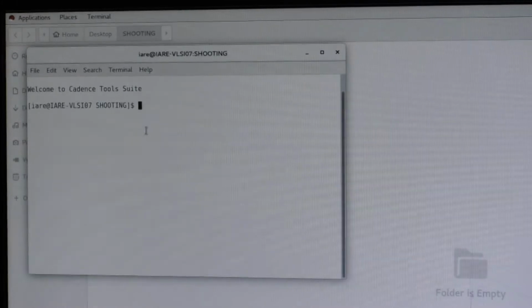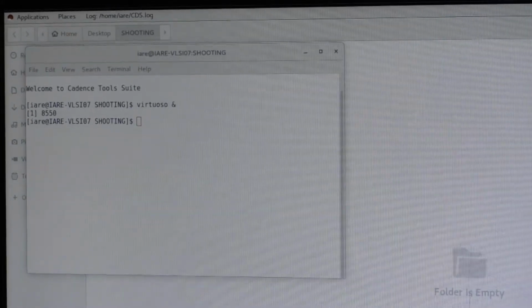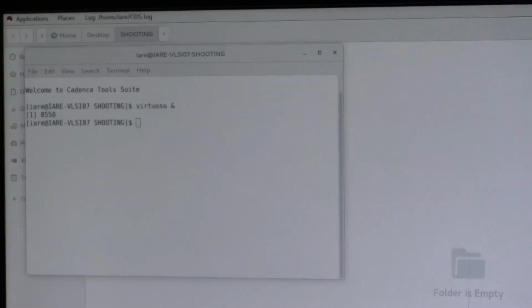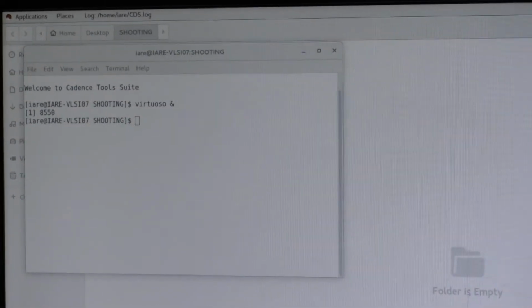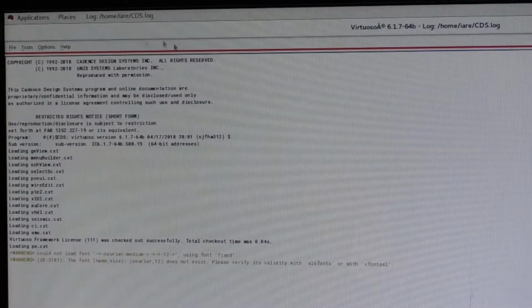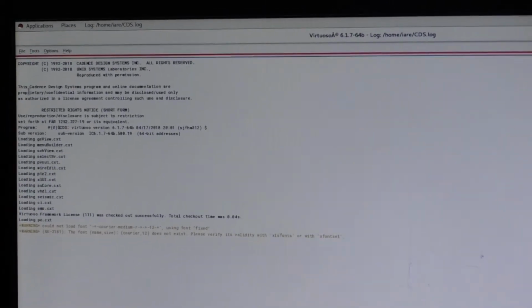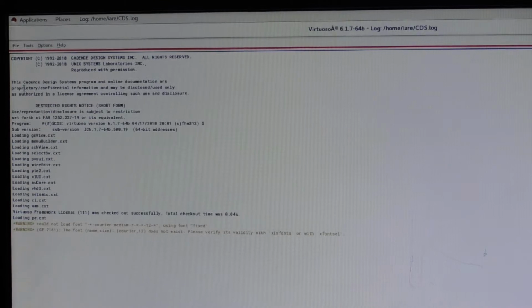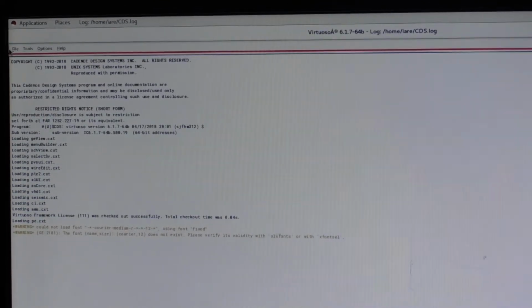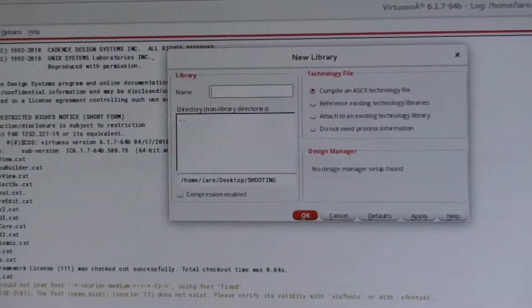Here, as we are designing this VLSI schematic design, we have to use the tool Virtuoso. Now one command interpreter window will open. This is the window where we are going to create the libraries with the constraints of technology parameters, and in which we have to design our actual schematics. So the first step, we are creating one library.